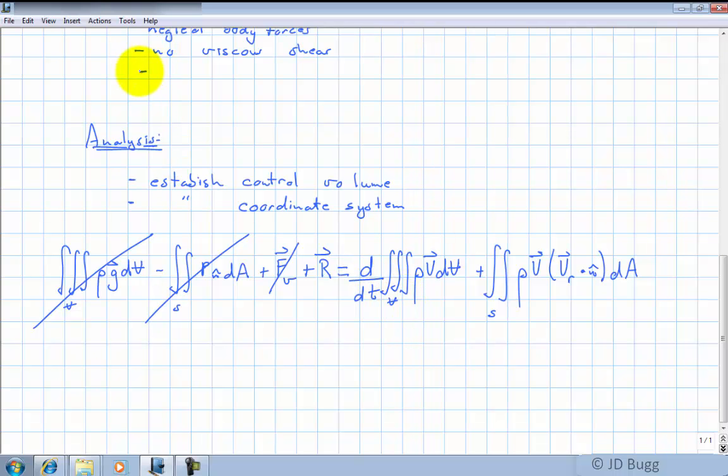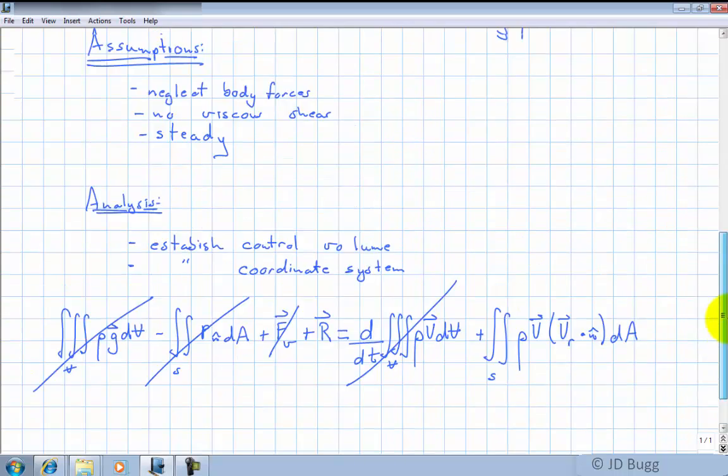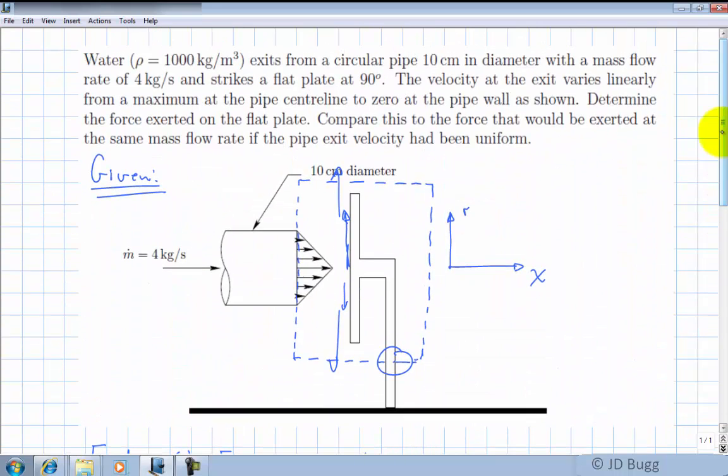Well, we're going to be assuming this is a steady problem, and so that unsteady term is gone. Now the last term we see here is the integral over the surface of the momentum flux. Well, one thing we always want to be thinking about at this point is, can we make the uniform flow